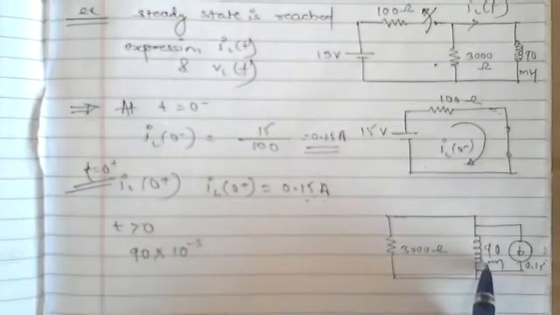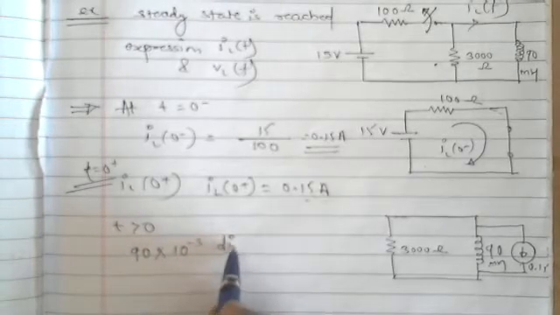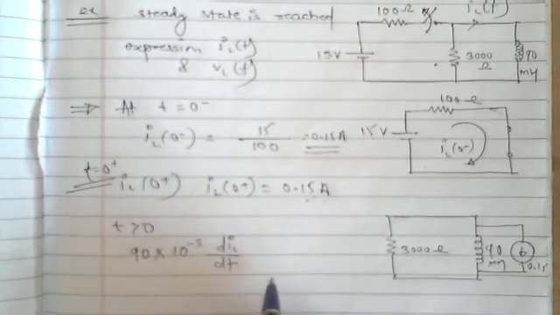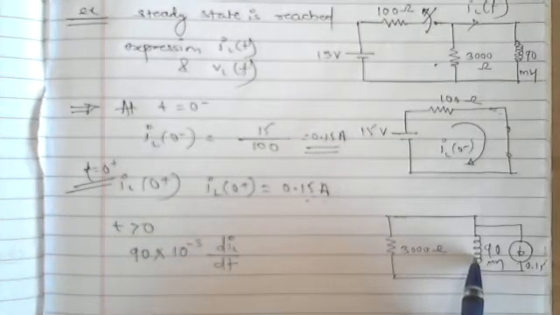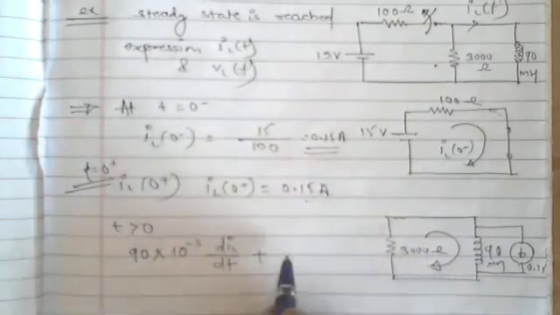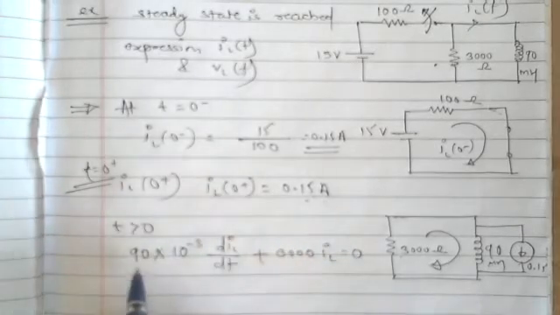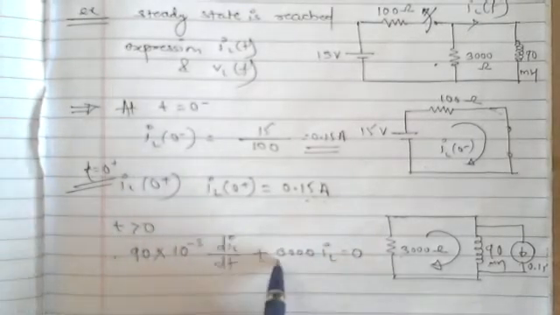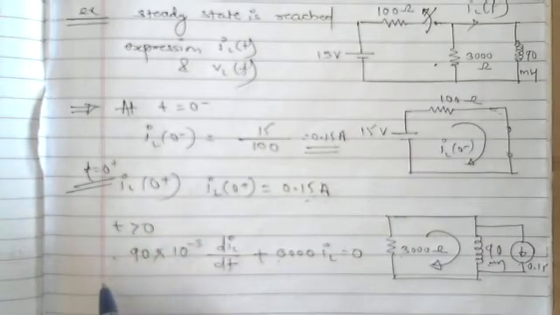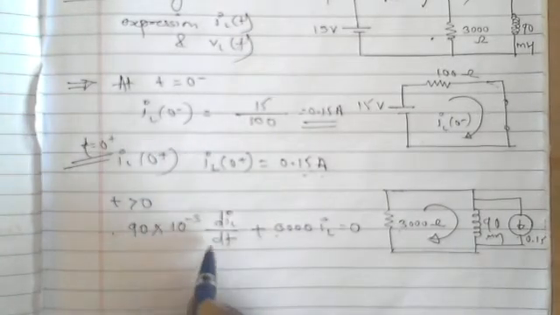Okay, it is millihenry. So 90 into 10 raised to minus 3, L di by dt. Okay, this is the voltage in this inductor, plus this 3000 into current IL equal to 0. Or else you can give a negative sign to both the terms, and that negative can be removed and positive kept. Okay, so if I arrange this equation to look like a homogeneous or a non-homogeneous equation, what can I do?